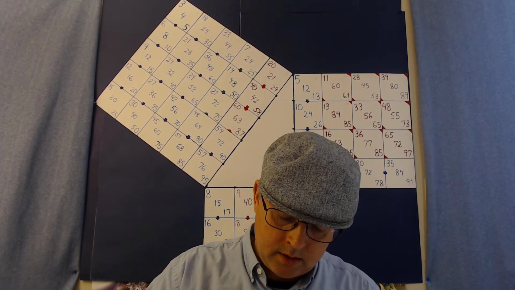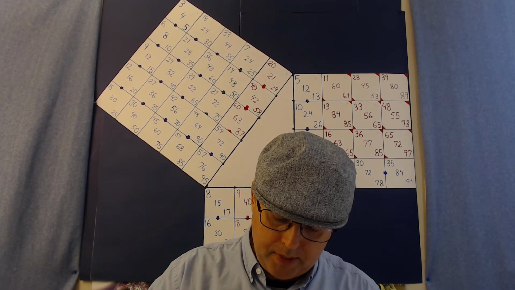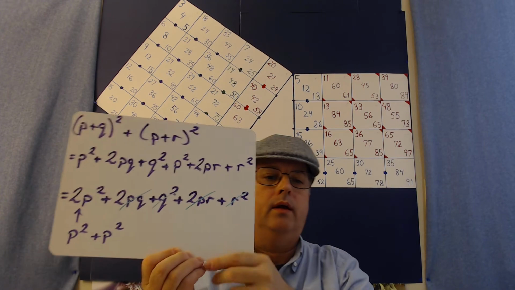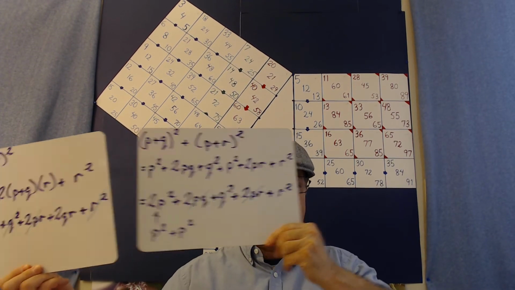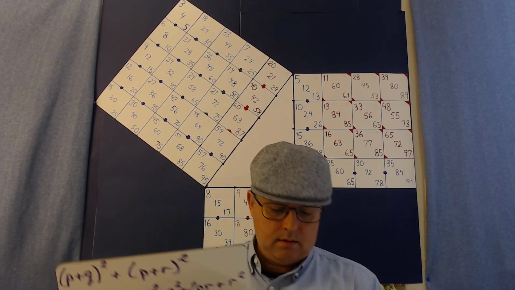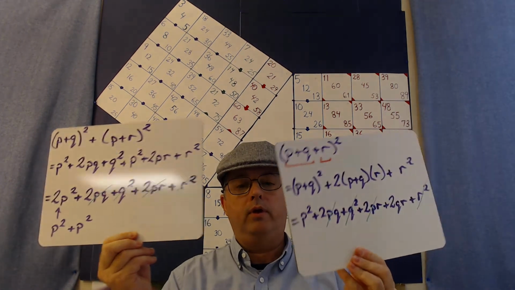Maybe if we write that as just the p squared plus the p squared there. So going back here, this 2p squared is p squared plus p squared. Okay. And so again, if we have to switch them again, if we compare them,